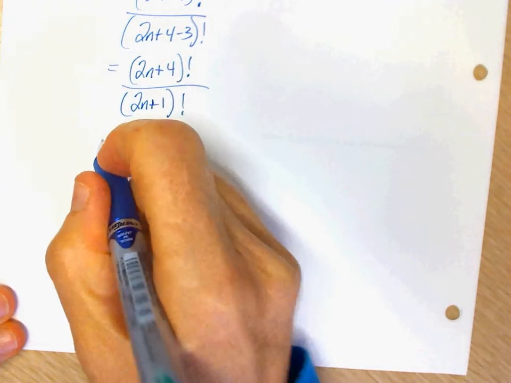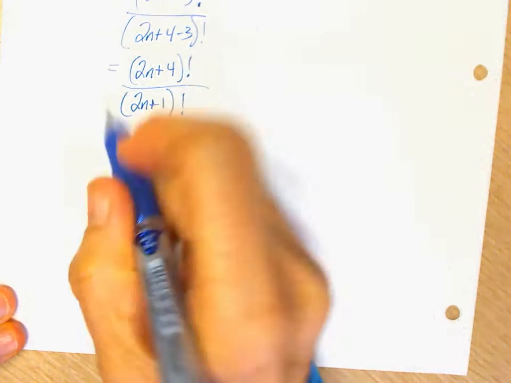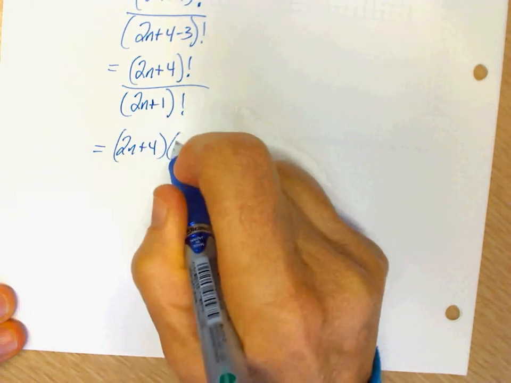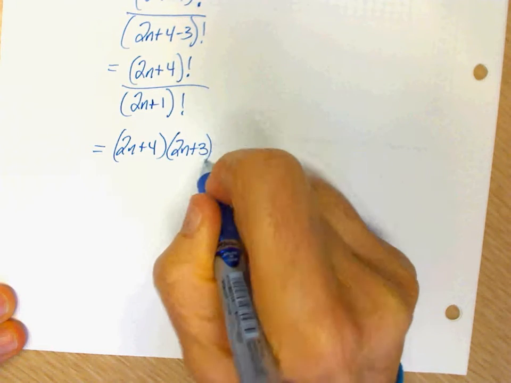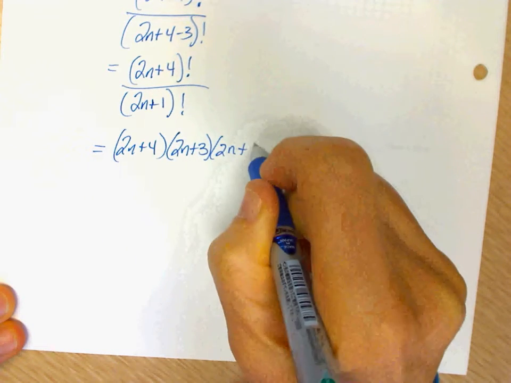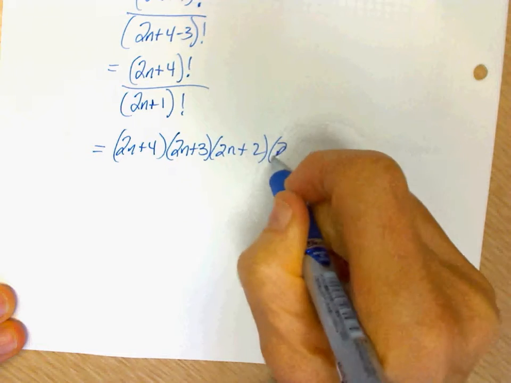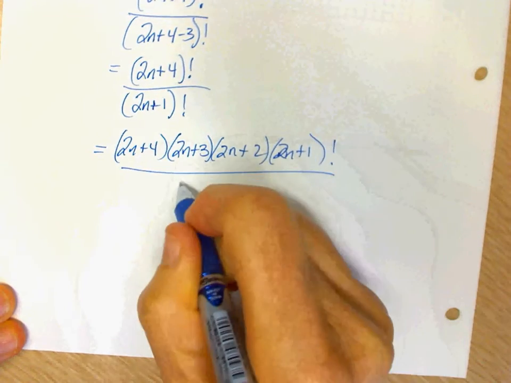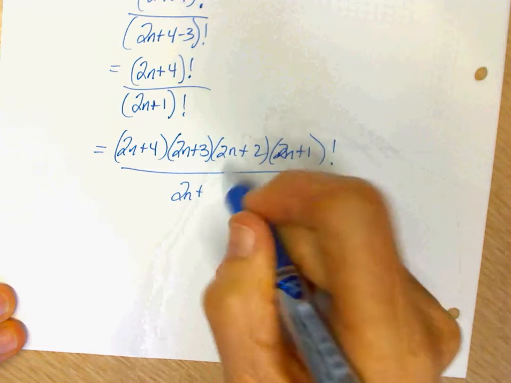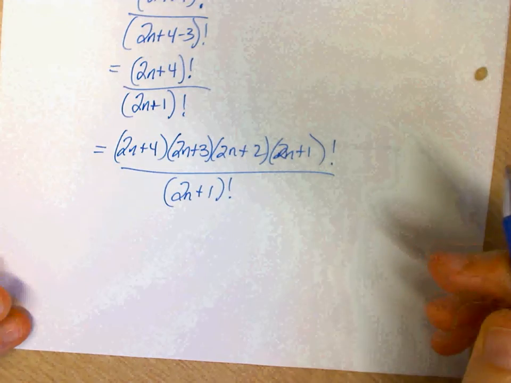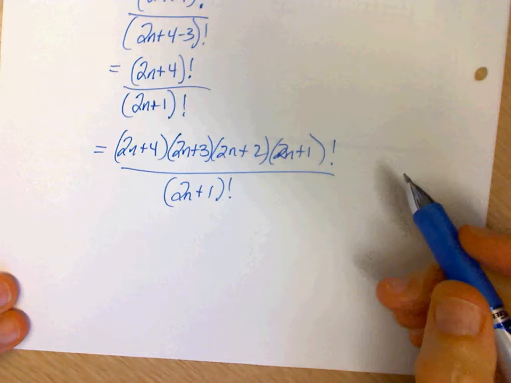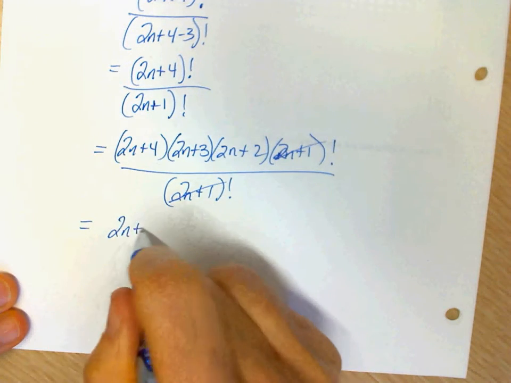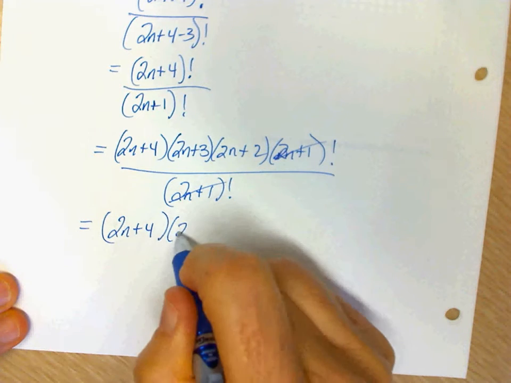So let's, oh, good grief. Okay. 2n plus 4. You have to help this old lady, you know. 2n plus 3. 2n plus 2. 2n plus 1 factorial. So you bring it down to the denominator, and you can divide it out. So we are left with 2n plus 4 times 2n plus 3